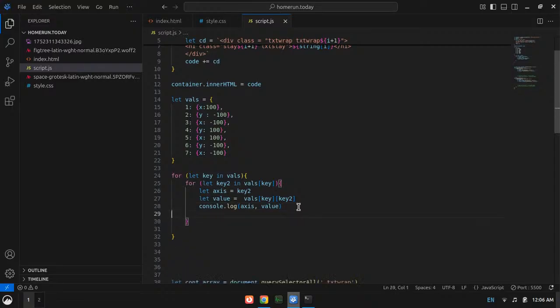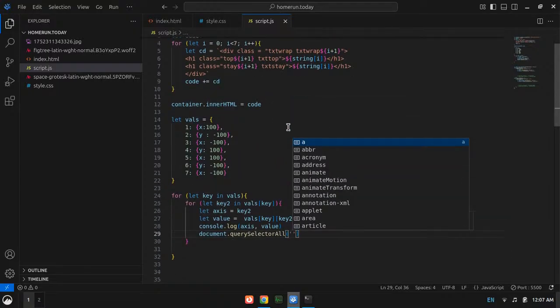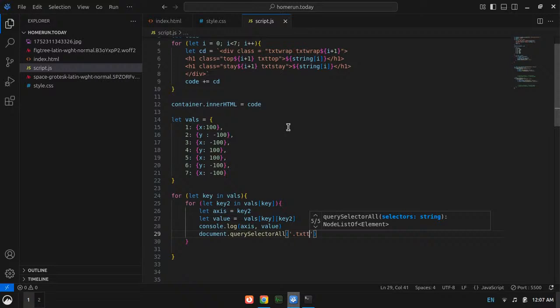Now what I need to do is run a for loop. But before that I need to say document dot querySelectorAll. What do I need to select? .txt-top dot forEach.